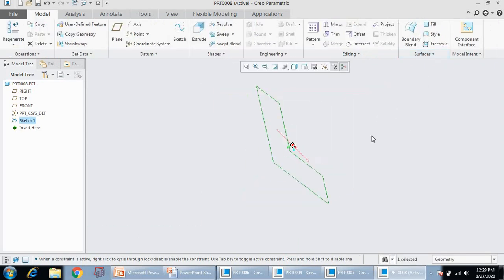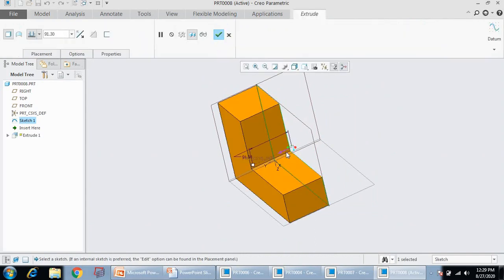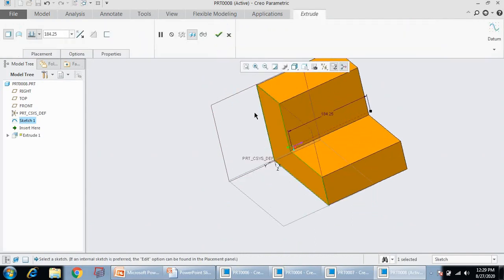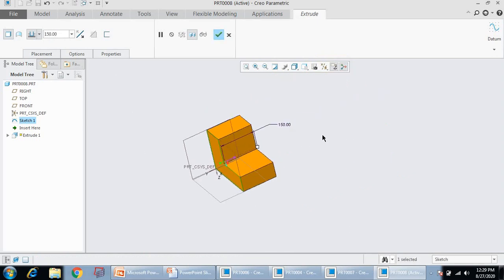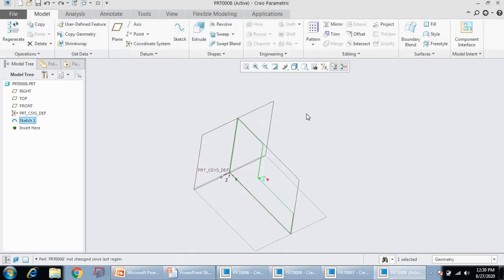We'll extrude it in this direction by, suppose, 150 mm depth. Let us see how this composite 2.5D model is represented.